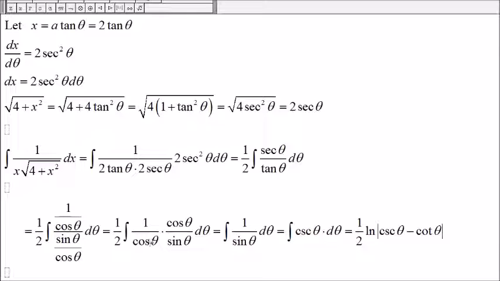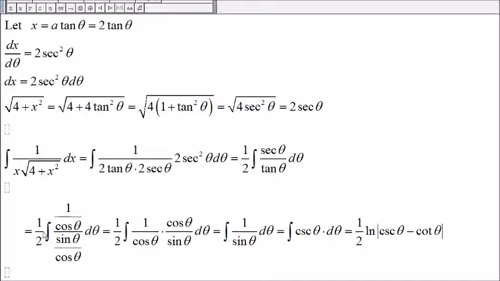Cosine of theta divided by cosine of theta is 1, and so what's left is 1 over sine of theta. One over sine of theta is cosecant of theta,